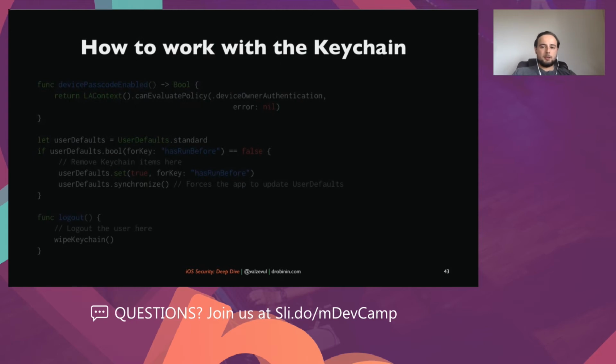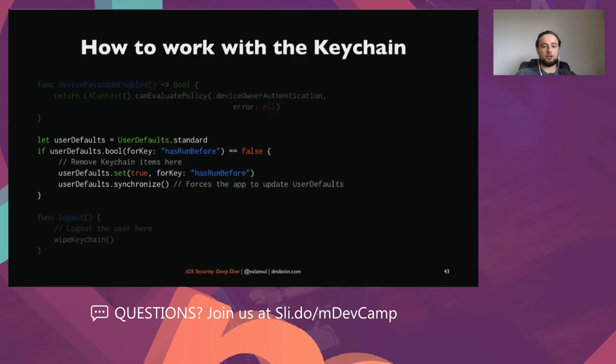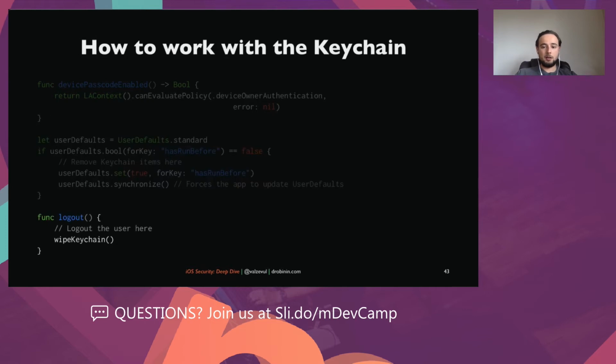And in case you want to use these mechanisms, it's better to test first whether the passcode has been set, because otherwise it won't work, right? And that actually is supported by the majority of new versions. So from iOS 9 onward, you can check whether a lock screen is set or not using the LA context. So you can set up the check for enabling the passcode, and then you can see whether that check has been run, and you can remove the keychain if this is a new device, because when the user logs